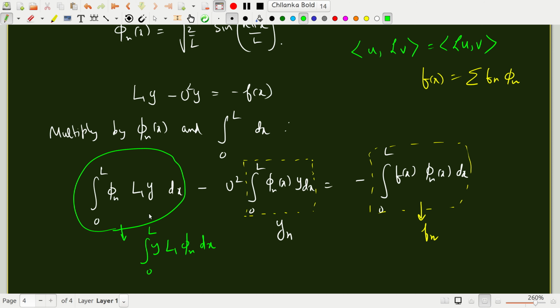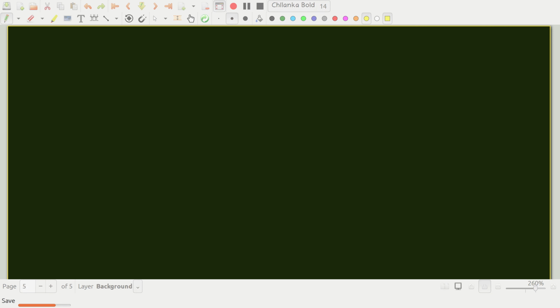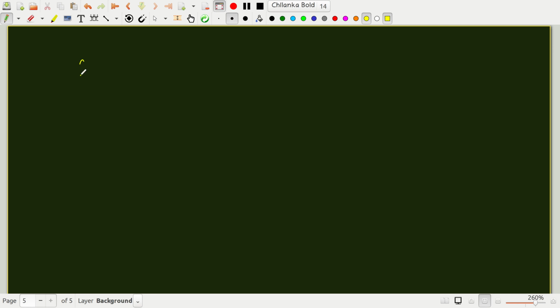That's the same thing here. If L1 is self-adjoint, then it can be written like this. But L1 phi n is nothing but lambda n phi n. So if I go to the next page, this equation becomes integral 0 to L,